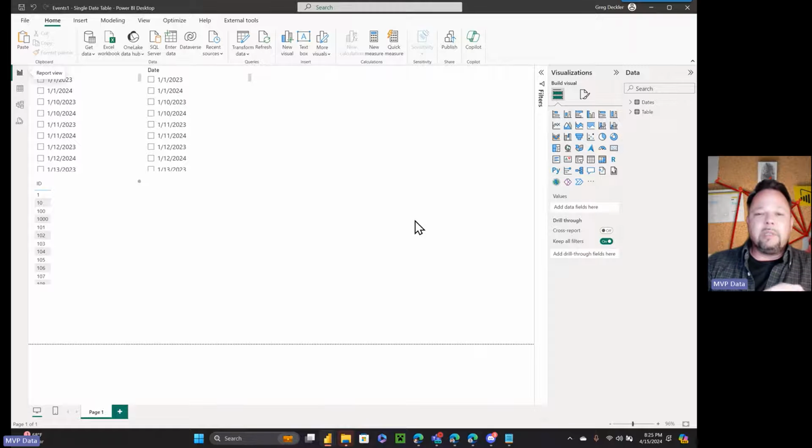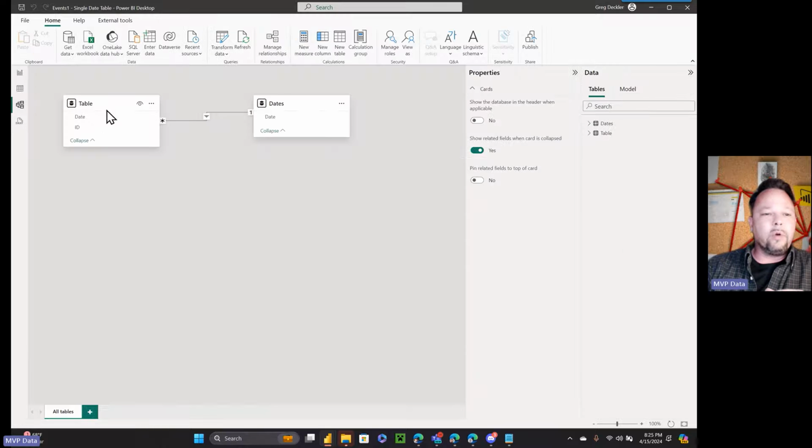So bear with me. Some of these data models are pretty large. I can't load them all up into Power BI at once, or my computer would just be brought to a crawl. But anyway, we're going to go through this. So first, naive, and we're going to do things wrong, right? So that we can talk about how to solve this problem and why the solution ends up looking like it does. So in a naive approach, I have a single date table and a single dates table in my fact table, with a one-to-many relationship between them, right?